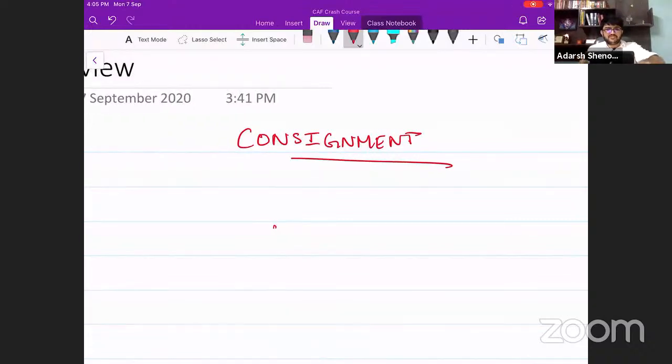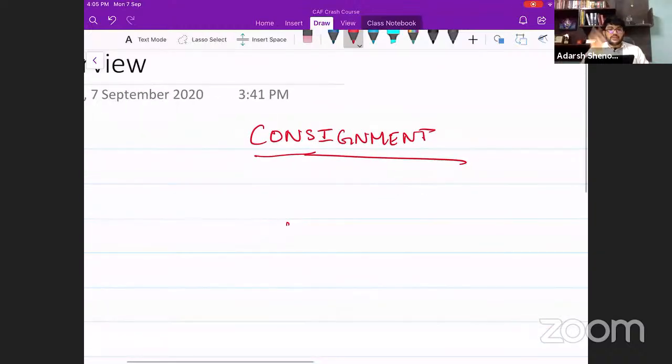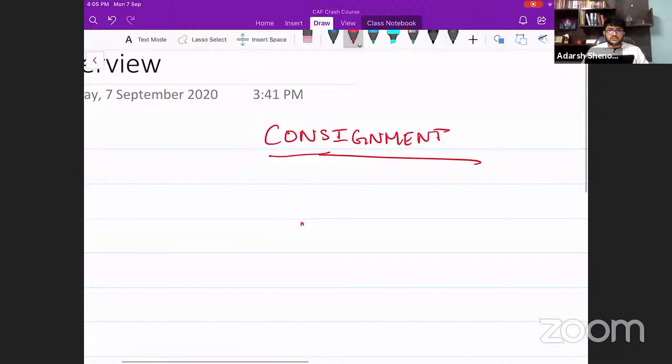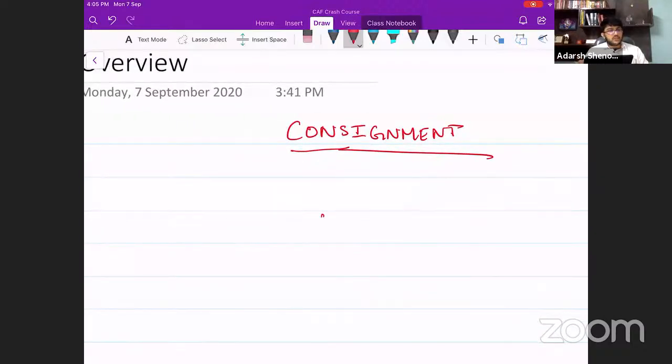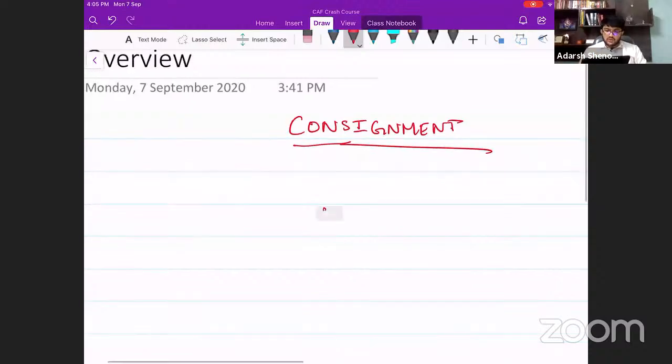Consignment account. Now, what is consignment? First of all, let's understand some theory part today. Let's understand some theoretical aspects, which is very useful to solve problems. Without knowing this theory part, you will not be able to solve the problems. Okay. First, I will talk about